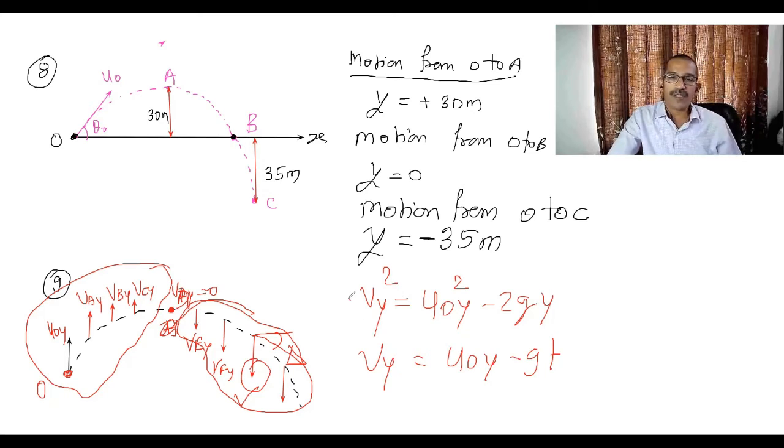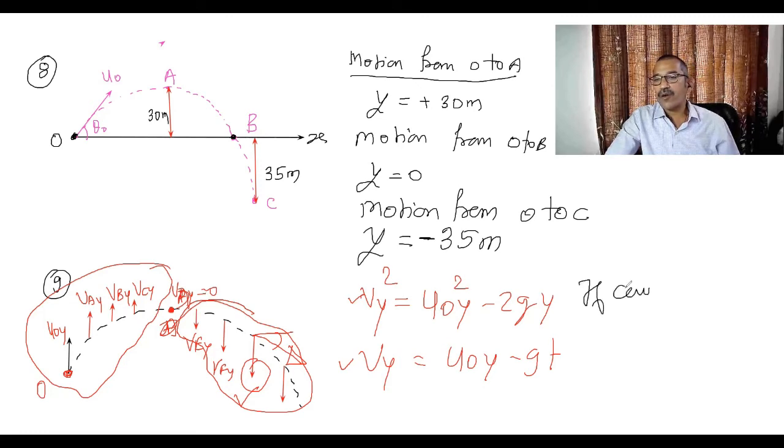And if this one is known, how will we substitute? You have to see very carefully. If that location is between point O, the initial position, and the final position, that means if it is in the upward direction, we will substitute with positive sign. If it is in the downward direction, substitute with negative sign. That means you have to check what direction it is in.